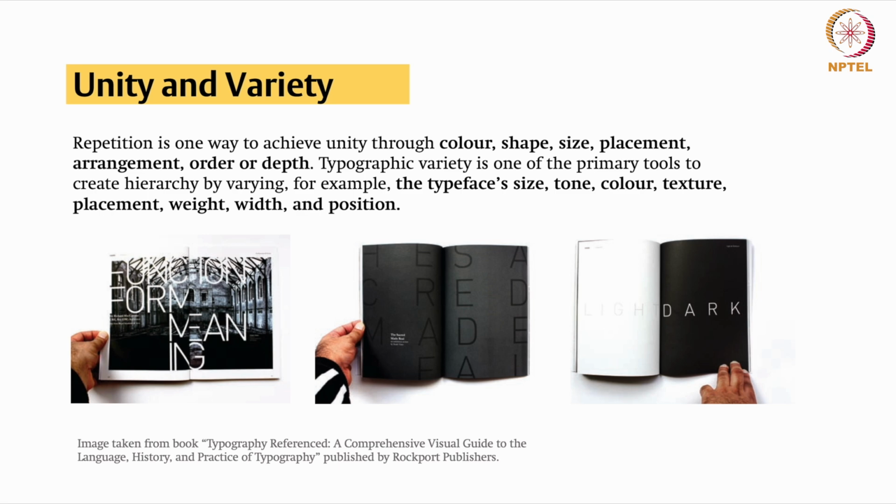A publication design is an excellent example to understand the interplay of unity and variety. For example, if you have a book design, right, and you have multiple chapters, many times the designer picks a specific color to start each chapter, right? For example, you are starting with black whenever any chapter is starting. Also, a designer picks a specific title size, specific font size, whenever he or she is starting any chapter within the whole publication.